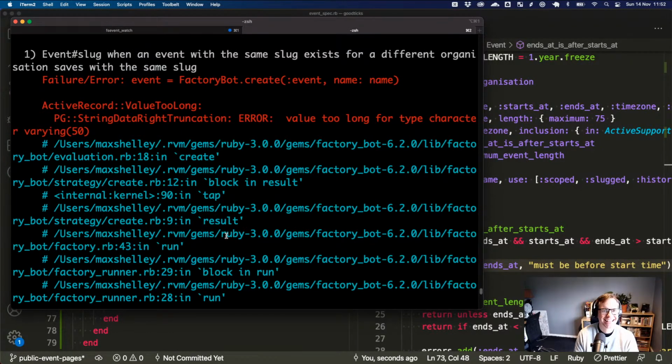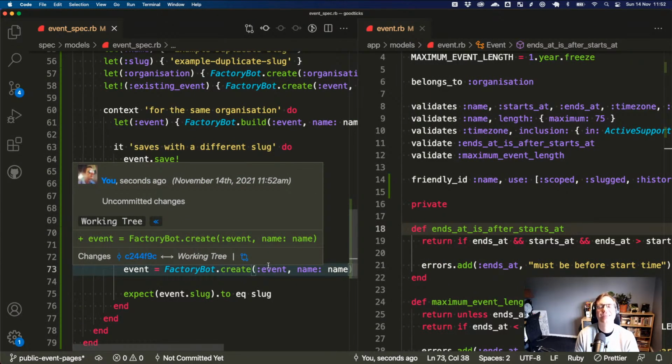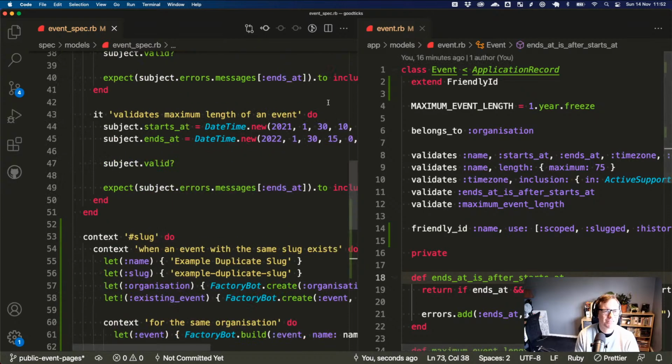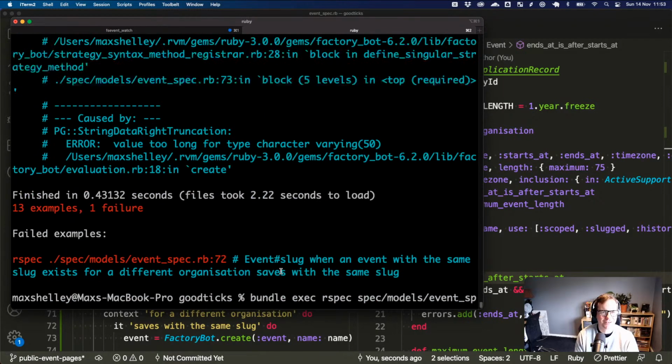So I think this is the issue I wrote the Trello card for earlier, which is where the name is. Oh, we've truncated the, we haven't truncated, but we've limited the slug value to 50 characters, but by default it sticks a UUID on the end, which is probably longer than that. Actually, I can't remember how many in that, but now it's going to be too long. Okay, so can we just do, as if we just do that? Just try and sneak it under that. I actually don't know how many characters under it is.